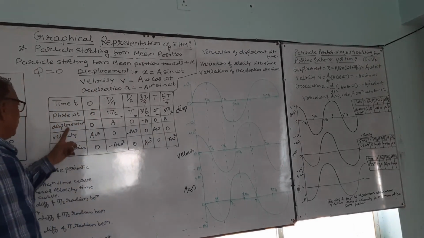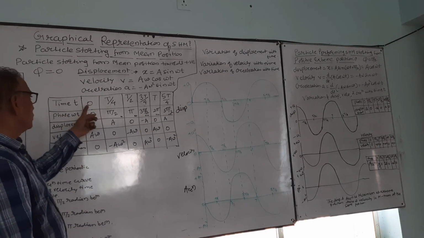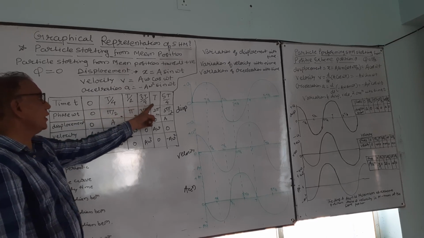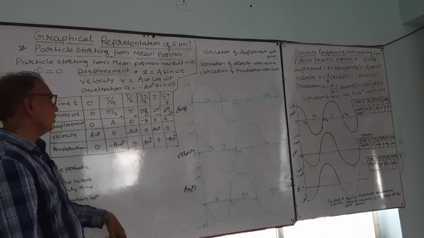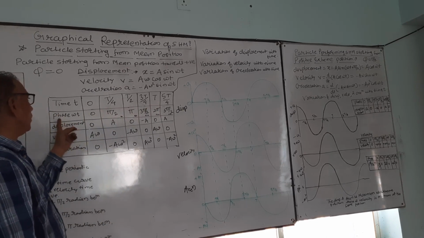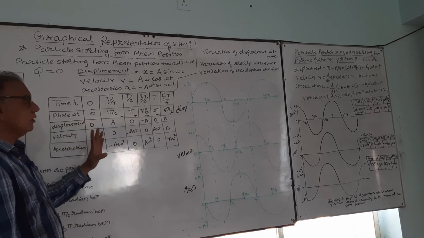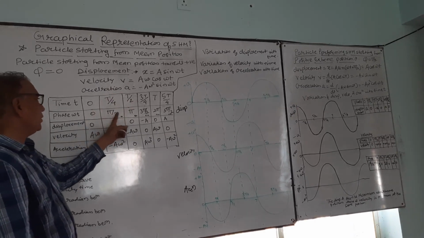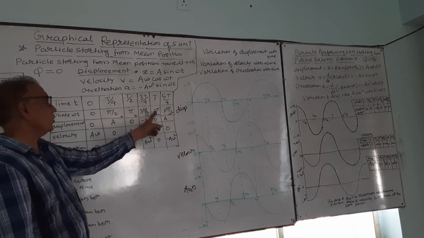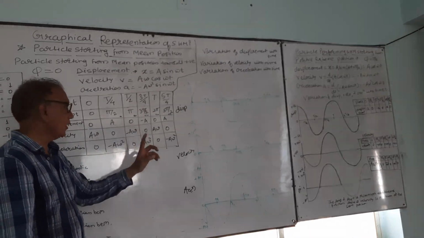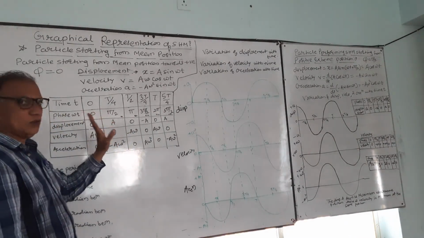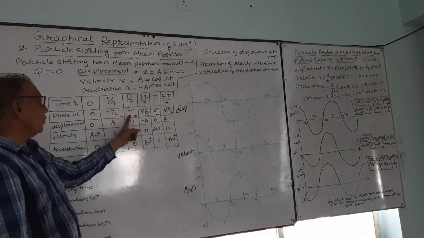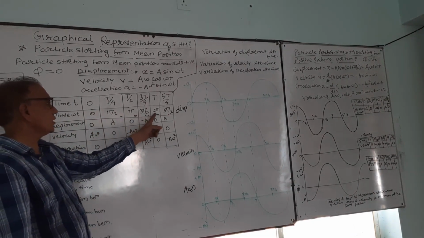Here is the chart. First column, time t: 0, t by 4, t by 2, 3t by 4, t, and 5t by 4. And substitute the value for phase omega t in each equation. Its values are 0, pi by 2, pi, 3 pi by 2, twice pi, and 5 pi by 2. Value of pi is 180, so pi by 2 means 90: 0, 90, 180, 270, 360, and